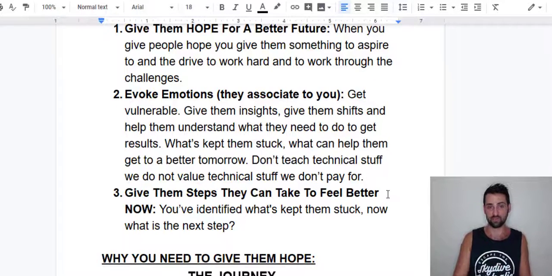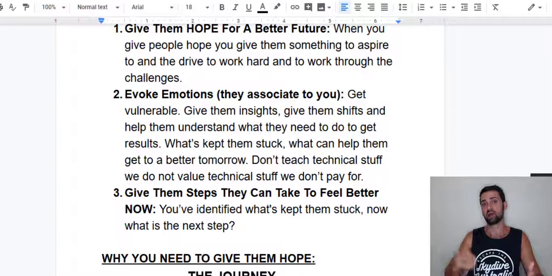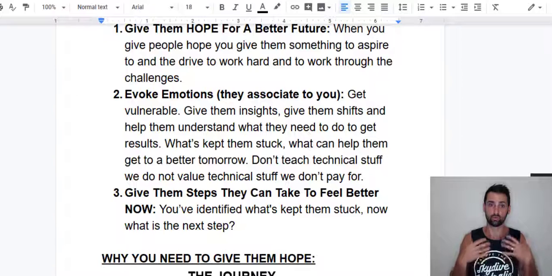You need to be, like I said earlier, strategic with what you're offering at different stages, but you always want to be giving them a next step to make them feel like your content has led them a little bit closer to achieving their goal. Because like I said earlier, the more that they feel that you're taking them on that path and that you're giving them belief, the more likely they're going to want to do business with you.